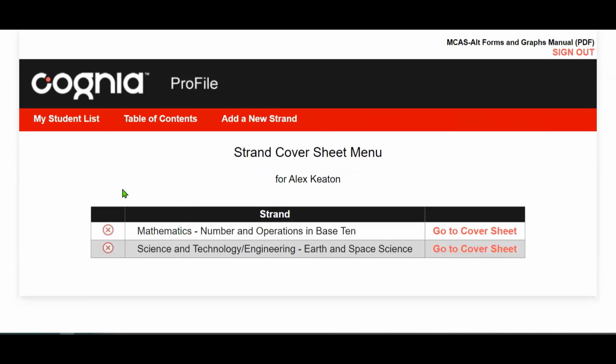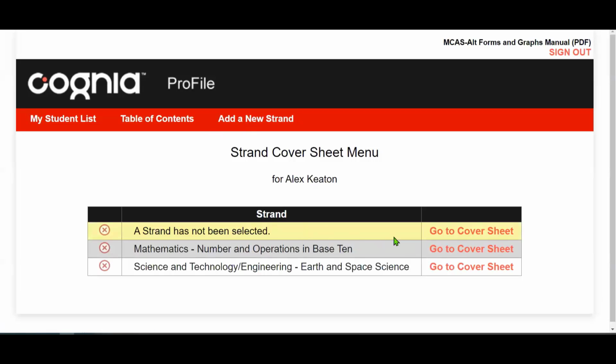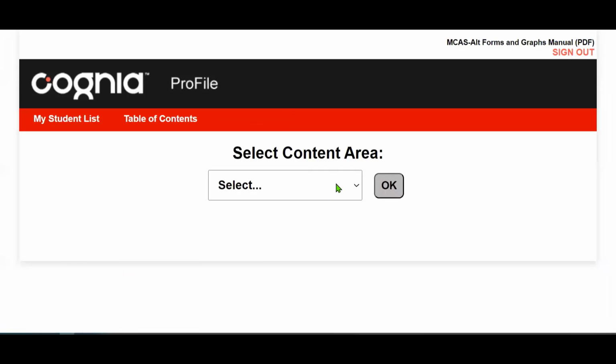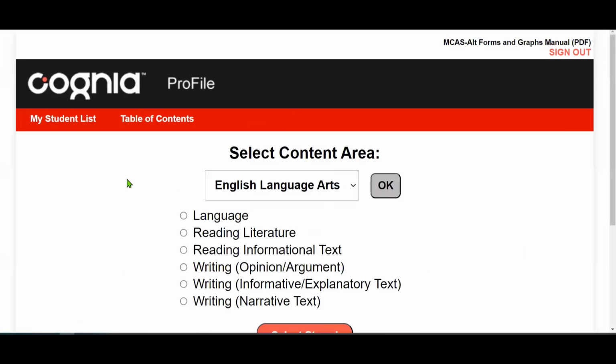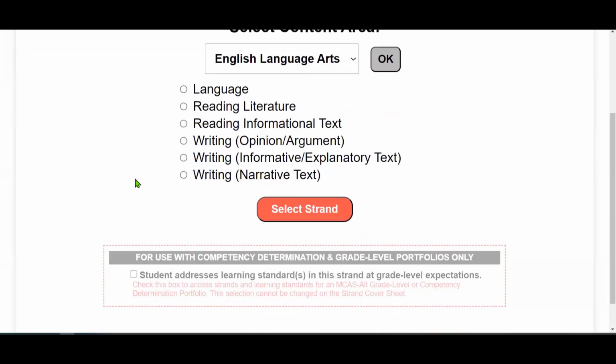And here are the strands we have going for Alex Keaton at this point. But now we need to address ELA writing. So we'll add a new strand. Go to the cover sheet. We want ELA. And you'll notice here we do have a choice, because there's different learning standards associated with each of these types. And then the one entry point does slightly change accordingly, and I'll show you how to do one, but just know that they all work the same. It doesn't matter, opinion versus narrative, they'll work identical. So let's just create a narrative,